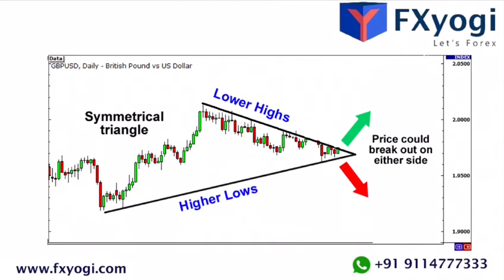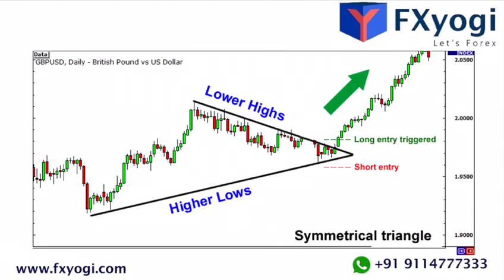Breaking down the triangle breakouts. To help you memorize the different types of triangle breakouts, just think of facial breakouts. Ascending triangles usually break out to the upside, so when you think of ascending triangles, think of breaking out on your forehead. Descending triangles usually break out to the downside, so when you think of descending triangles, think of breaking out on your chin. Symmetrical triangles can break either on the upside or the downside. So when you think of symmetrical triangles, think of breaking out on both your chin and your forehead.